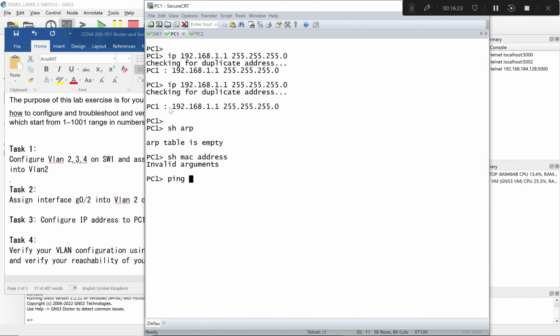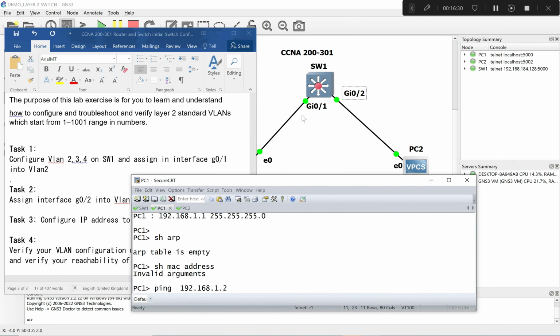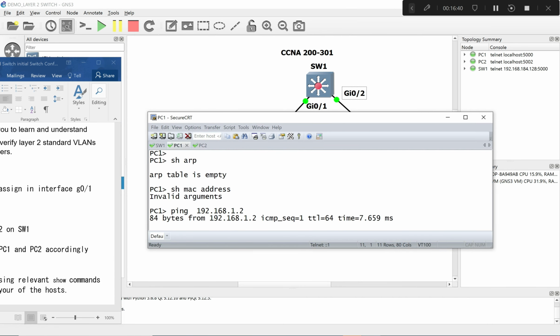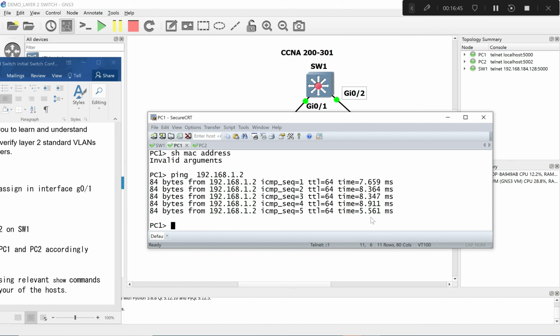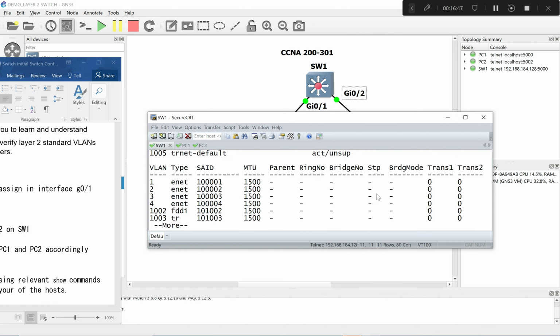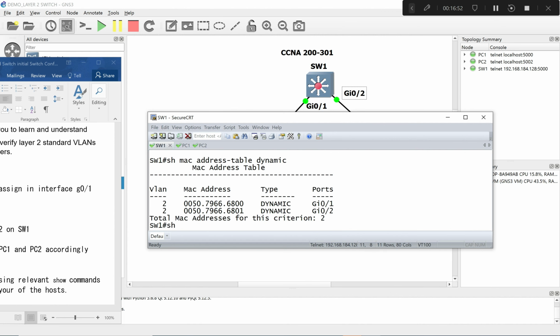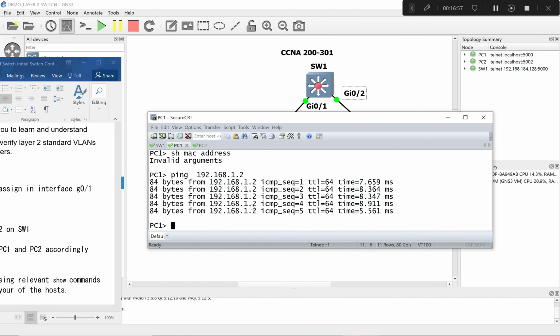So if I go here now and copy this one, because this one is PC1, if we need to have reachability to PC2, we have to ping. And now as you can see, it is pinging. So if I go to the switch now, show MAC address, okay, show ARP, it's not showing. But if I go to PC and say show ARP,